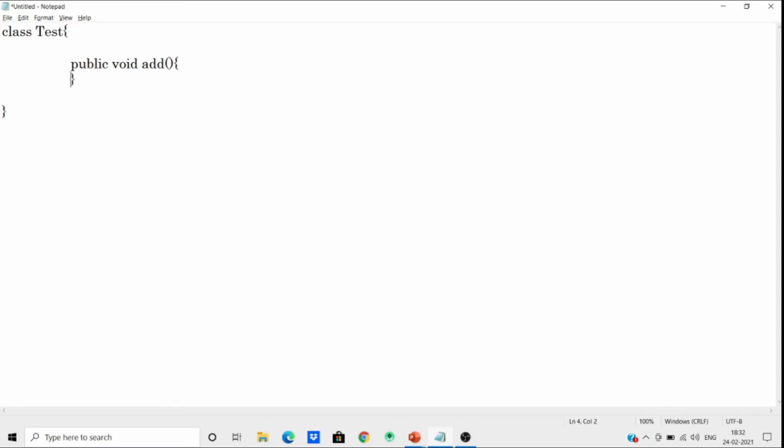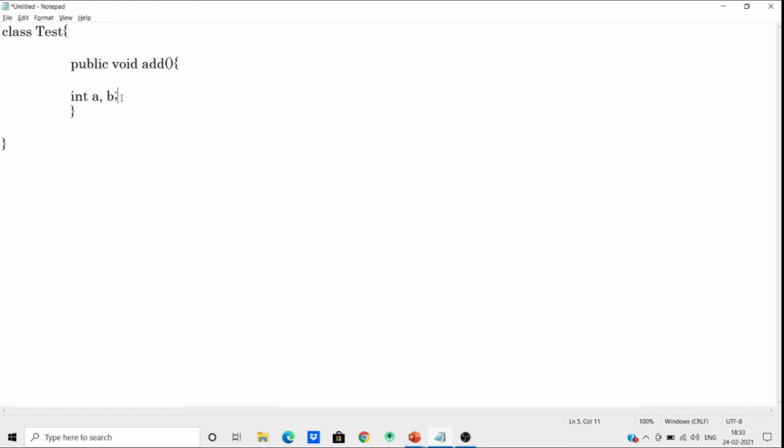In this method I will define two variables. The first one is variable a and the second one is b. Int is the type of the variable, meaning a and b are integer type variables, and we can define more than one variable in a single line separated by a comma. This is called variable declaration.